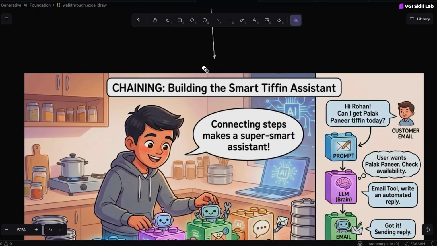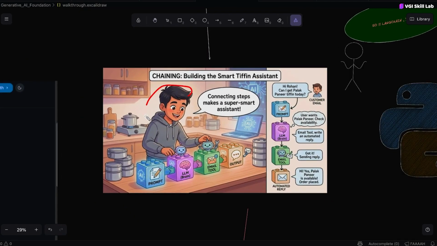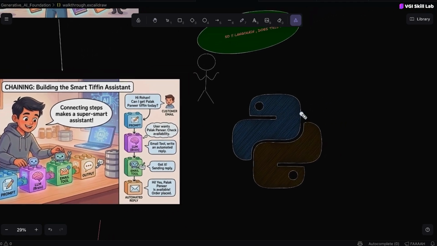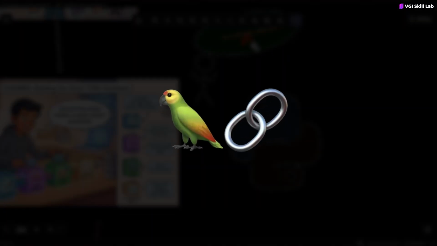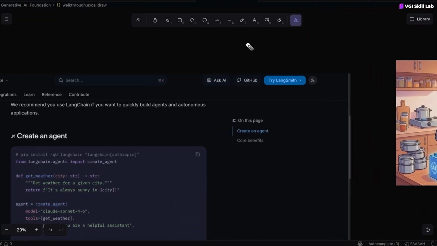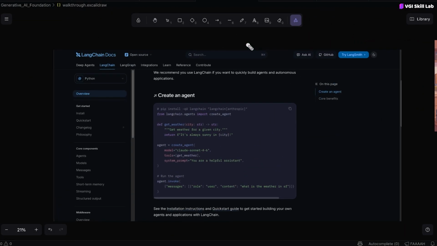Now, moving to the next part. So now our Rohan has understood all these things. Now he is very curious to make a generative AI application. For that, he needs to know about Python, and he needs to know about another thing which is called LangChain. What is LangChain? LangChain is just another framework, just like in machine learning we have TensorFlow, PyTorch. Similarly, in generative AI there is LangChain. These are frameworks which help you connect your Python language with your AI model, so that you are able to generate something.